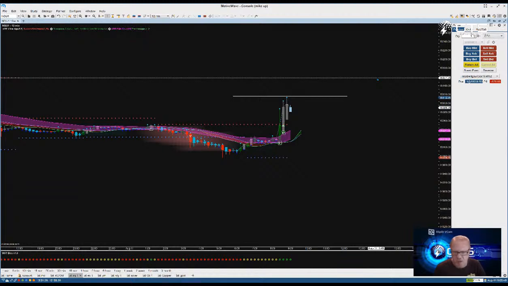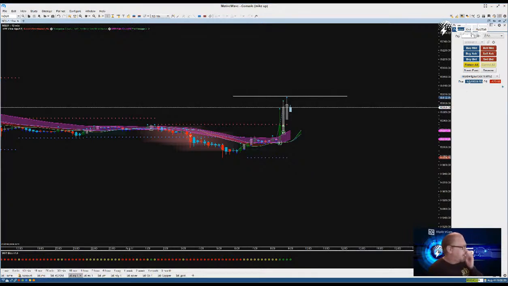Just being safe on the open. We like to be safe at the beginning of the morning. I don't like to risk a bunch of big contracts until I get settled into the 10 o'clock a.m. swing there. This is really pulling back on me. So we get a pullback, if we get, there it is, 6-star.